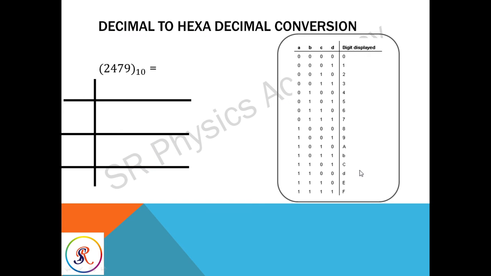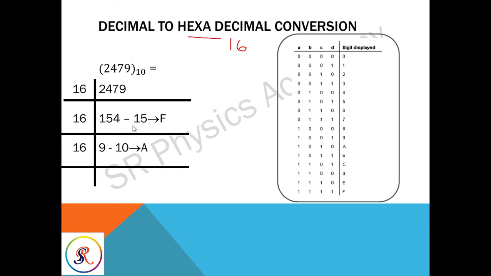Let's take decimal to hexadecimal conversion, for example. Hexa means, in this case, what is the value of hexadecimal? We already know, 16. So 247 divided by 16. So 16, how many times will it go? 15. Then 154, what is the remainder here? 15. I will tell you how it will be written, F.